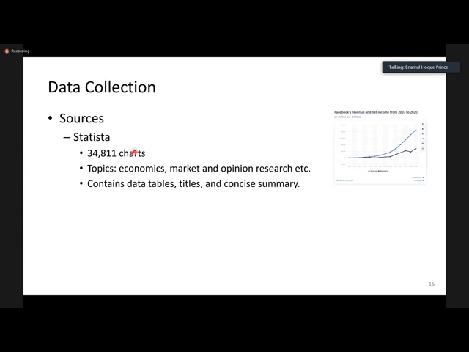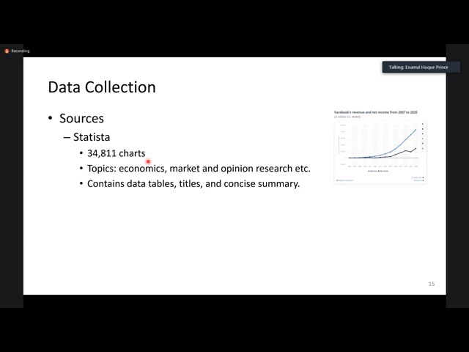Statista is a website that provides information on economy, markets, and opinion research, and they have over 34,000 charts that we crawled. We used a crawler that went to the Statista website and extracted all this information. The other source was Pew.